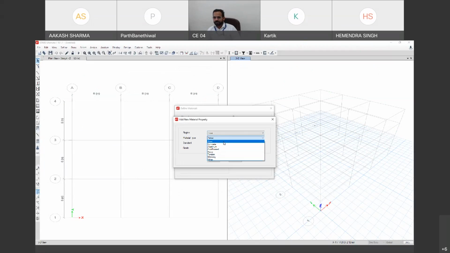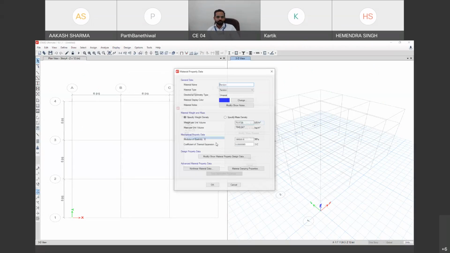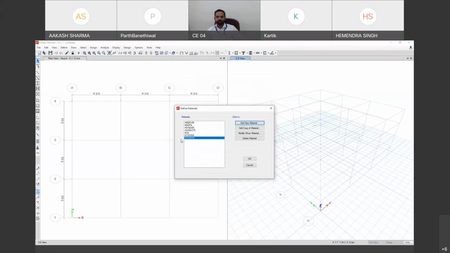In the material, if you go, we have steel, concrete, aluminium, cold form, rebar, tendons, and masonry also. If you want to provide masonry, then masonry is also there, and tendons is also there. Pre-stress की अगर हम बात करें तो tendon properties भी है. If you want to see, it is not showing any code. आप अपना profile based on the material you can provide which tendon you require. But right now we are not doing.